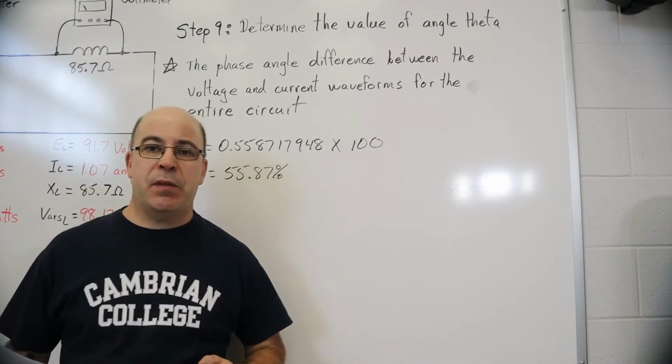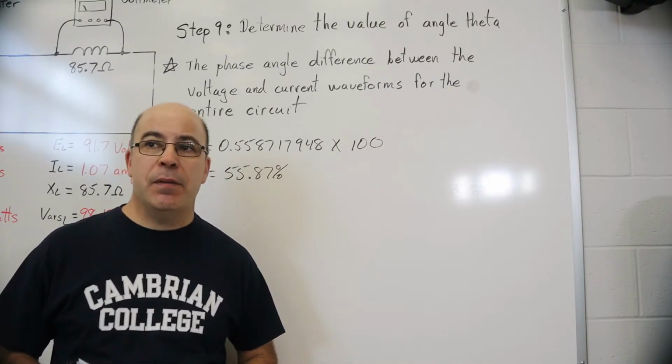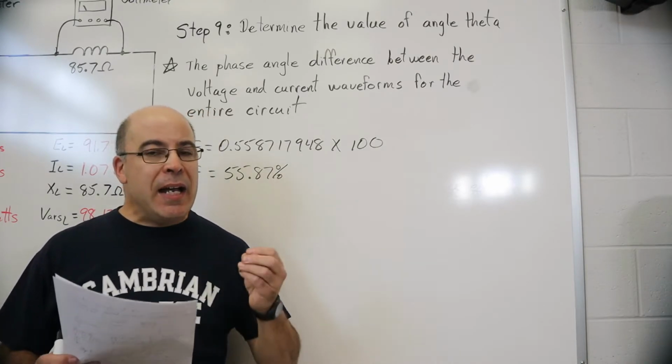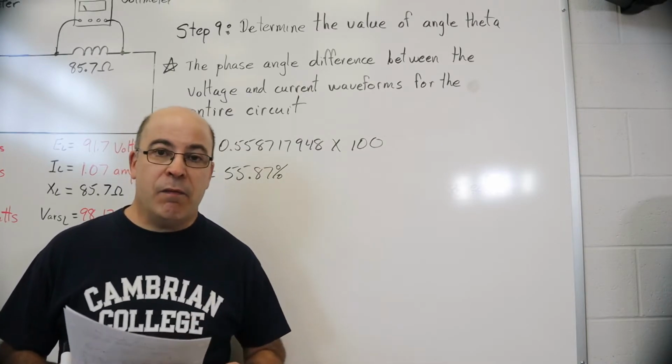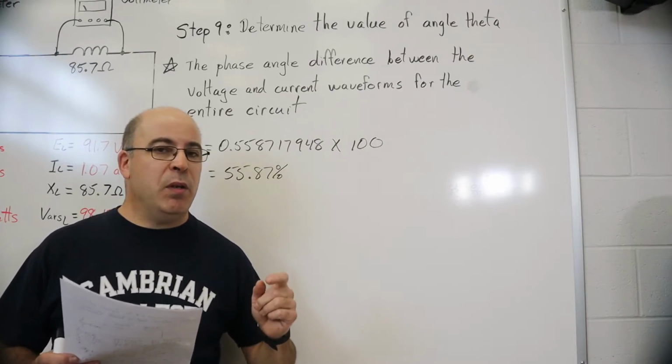If we built this circuit that we've got up on the board and we're using all these calculated values, it stands to reason that if we actually built this circuit, I've got to be able to measure and look at the voltage and current waveforms, and that will tell me whether or not I built the circuit